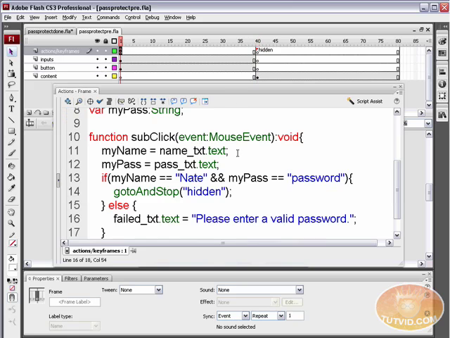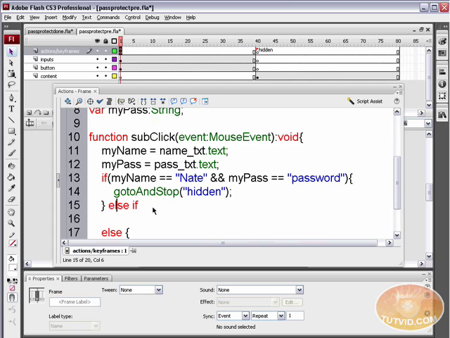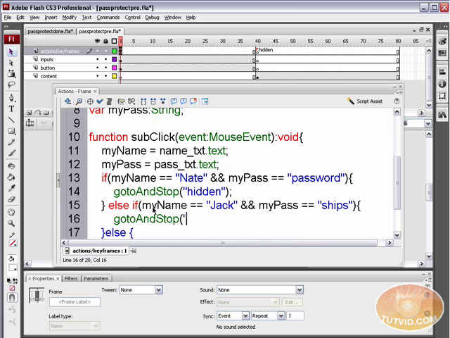Now, if you want to have more than one password, that's easy too. Just come here before the else statement and type the words else if. Enter return twice to get that out of our way. else if (myName == "Jack" && myPass == "ships") {, which is the same thing as and. I'm just going to go down twice, and right here in front of else, I'm going to put the closed curly bracket, and then hit tab once. And here I'm going to say gotoAndStop("hidden");